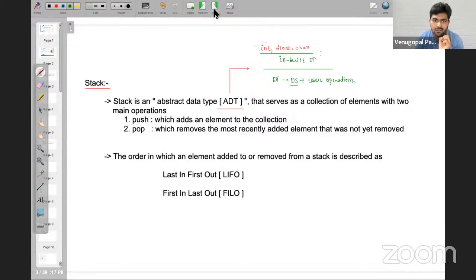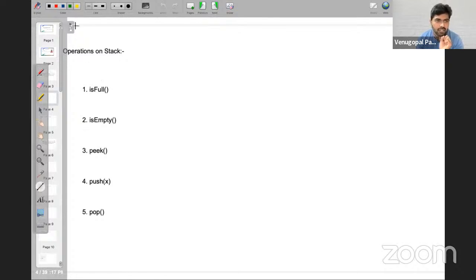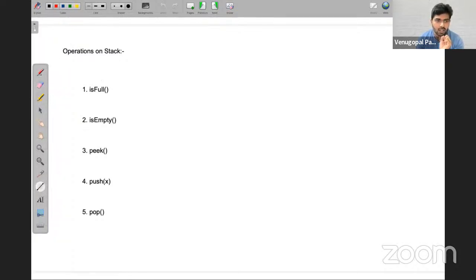Here, I have listed all the operations that we can perform on a stack. So usually the stack is going to look like this. This is how stacks generally look, and all the elements are going to be added like this. For example, let's say I want to add 10, then 20, and then 30. All these elements are going to be added in this manner.